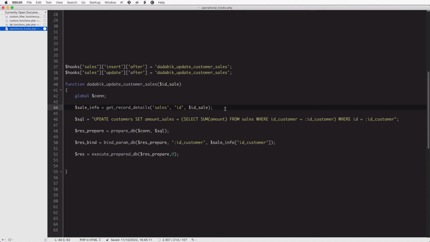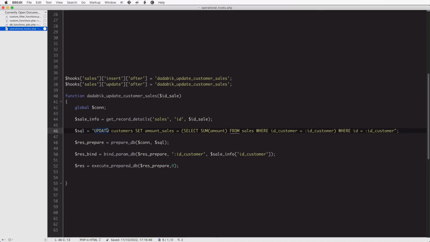Because we need the ID customer related to the sale, right? Because with the ID customer, we can then update for that customer the amount sales field according to all the sales linked with that customer.